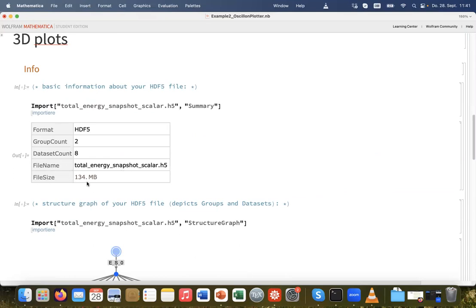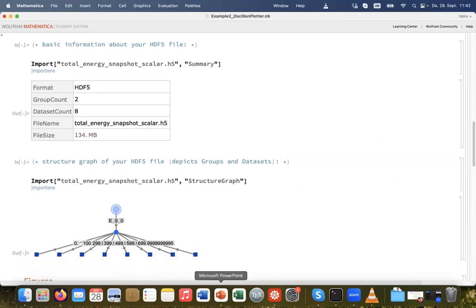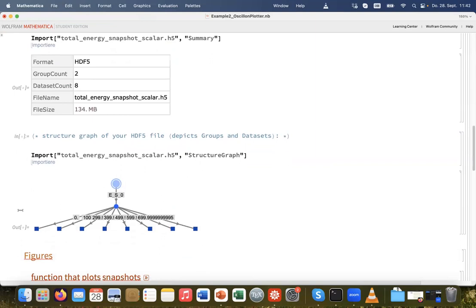file already contains 34 megabytes. It's already quite a bit larger, and it has only 8 slices in it. So if you want to output more slices, these files get very big. Then again, you have here the structure graph now, which you can see a bit better. So with your group, and then down here with your data sets, it even tells you in Mathematica with this